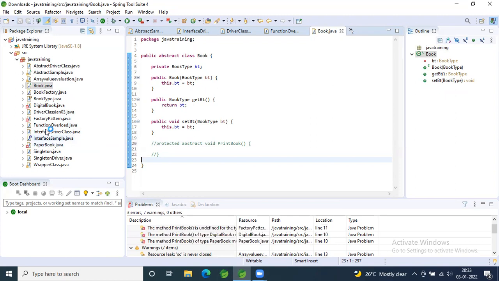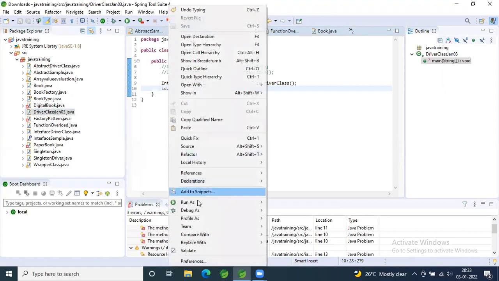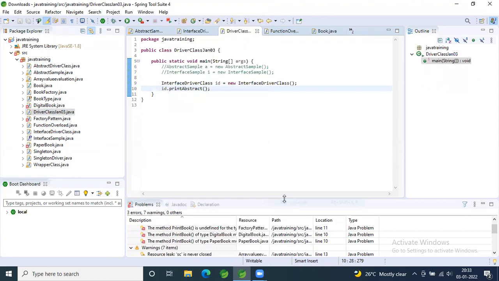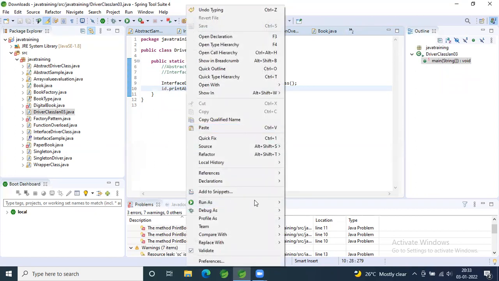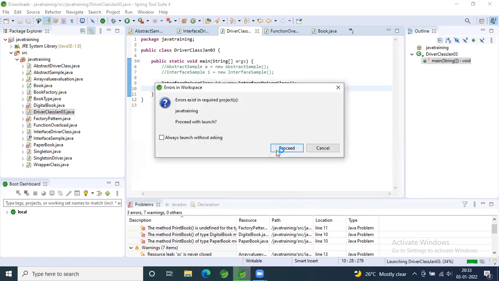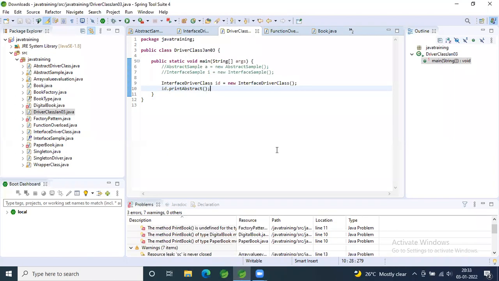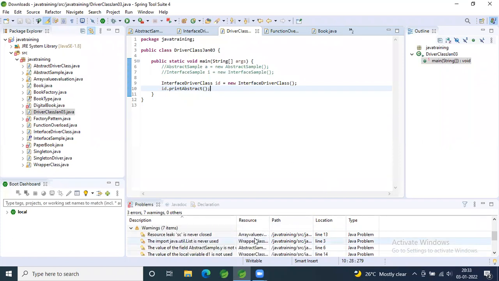Yeah, try to run the driver class Jan3. There are multiple errors right now. Not run on server, run as Java application. Oh, sorry. Just right click on the same file.